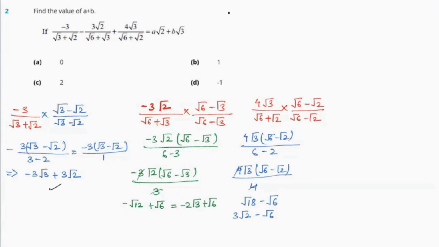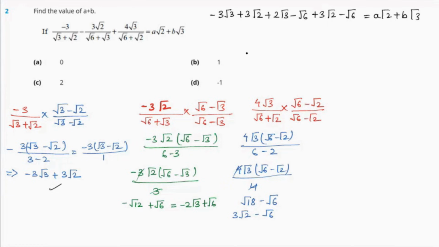Okay. Now all these things we have, we will put over there in this expression. So the first one is this: when we write it, we will be getting minus 3 root 3 plus 3 root 2 minus, then we have this thing, so it becomes plus 2 root 3 minus root 6. Then we have plus 3 root 2 minus root 6. Okay, that is equal to A root 2 plus B root 3. That is given to us. So when we put in the entire thing and solve it further,